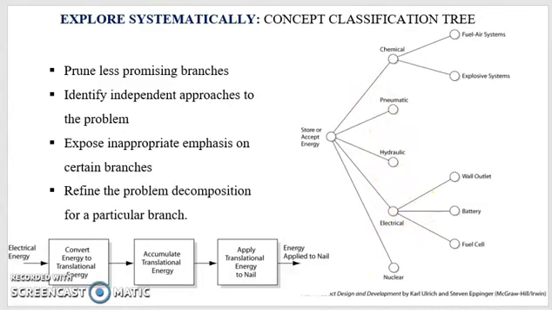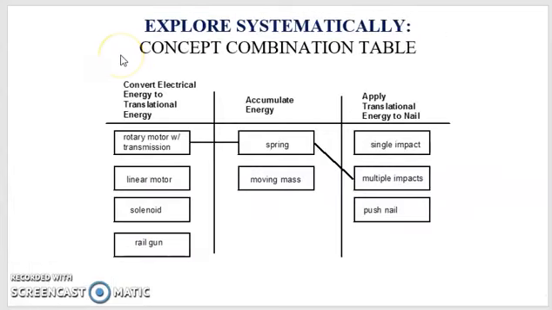Each branch of the tree can be considered a different approach to solve the overall problem. A separate team is used to analyze the solution offered by each branch. The same amount of effort should be applied on each branch to study the solution. Finally, we construct the functional diagram for each branch and refine its functional decomposition according to the existing requirements. Now let us discuss how the concept combination table is used to systematically explore all the possible solutions.